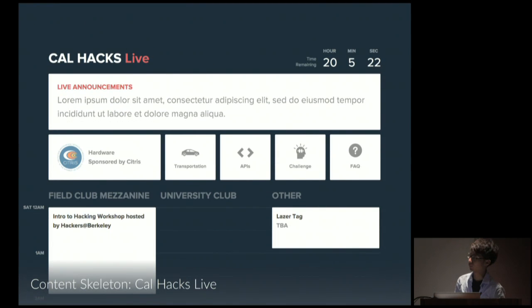And here's another website. Here's a website that I hacked before the Cal hacks. It's basically like a schedule website. And notice that, again, this is not left edge to right edge. There's a container surrounding the content. And I feel like this is something that you guys should take into account for your IMDb website, too, because you usually don't want your content to range from left edge to right edge, but instead encapsulate it in a container.